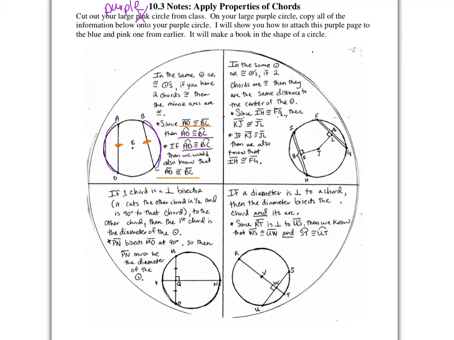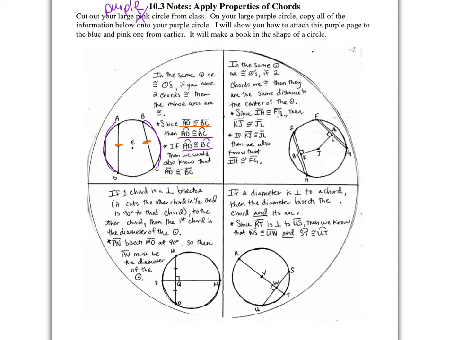In these notes, we're going to talk about the properties of different chords. This is on your purple circle that you can cut out and get ready to copy this down. So in the first little area up here is if we have congruent circles, or